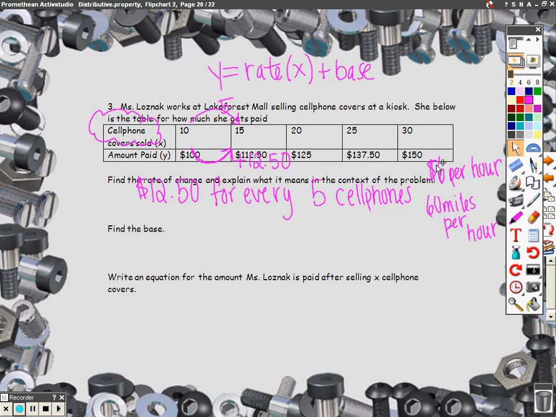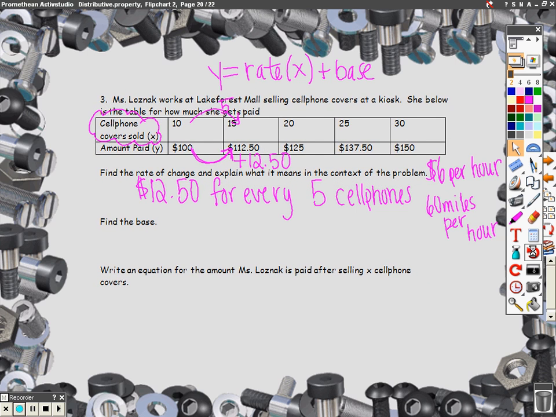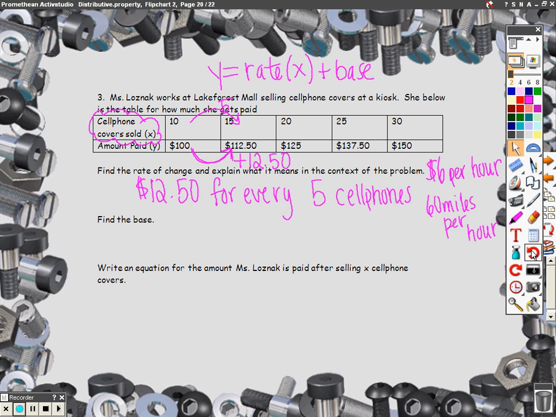What does that really mean to me? That really means that each cell phone cost $2.50 for each cell phone. And I'm running out of room. I'm going to draw a little that this is all kind of a side note over here. Alright? Now, if I go back to my equation,